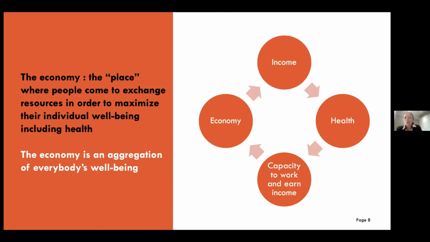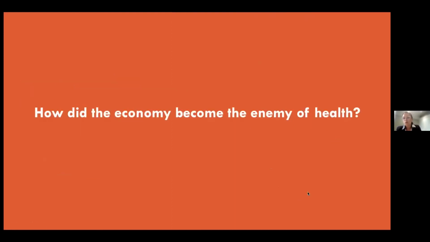And so let's go back to our simple model and think about how this occurs, just to drive the point home. So you could start anywhere because it's a circular thing, but let's start with income. People who have more income, they can invest more resources in improving their health. When your health is better, you have more time to work and do other things that improve your well-being. But let's focus on work, since we were just talking about GDP and how it relates. So if you have better health, you can work more.